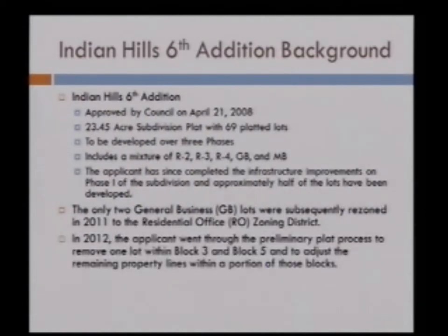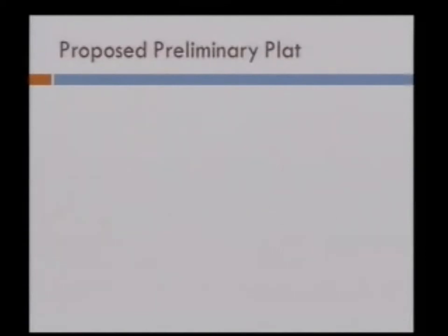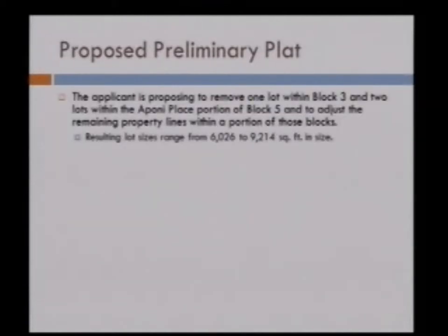And then in 2012, the applicant went through the preliminary plat process to remove 1 lot within Block 3 and Block 5 to adjust the remaining property lines within a portion of those blocks. That went through preliminary plat process. The applicant never went through the final plat and decided instead to incorporate some of those changes within the current proposal before you tonight. So that brings us to the